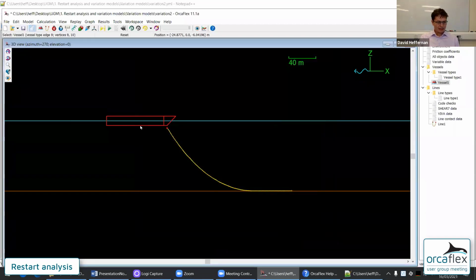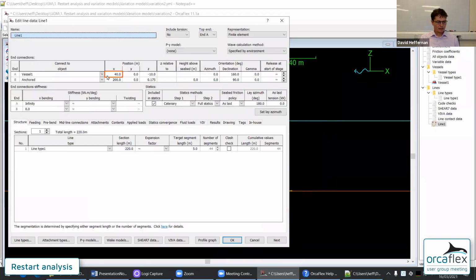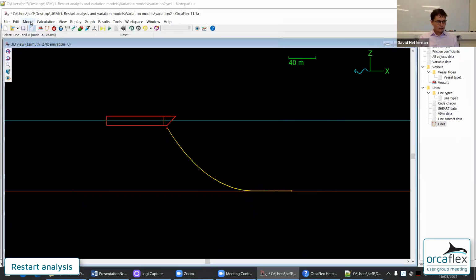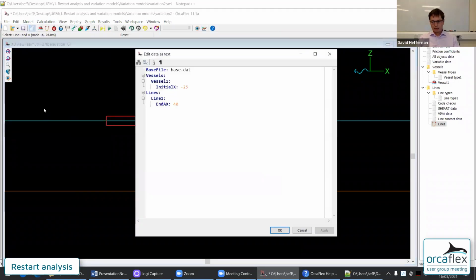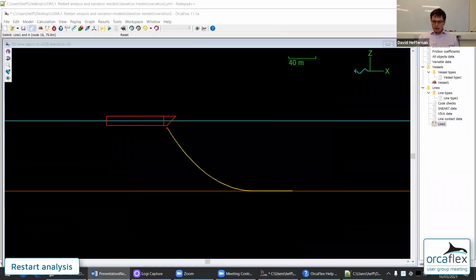Press OK. And I see that was the value minus 25 in there, and the value I set there. So it's sort of a two-way tool. You can edit in the GUI, you can switch to text mode and edit in either place. Our existing Excel-based feature for automating pre-processing using YAML variation files is fully compatible with this new functionality. And indeed, you can create the YAML template files directly in the GUI, which makes this automation easier to use.